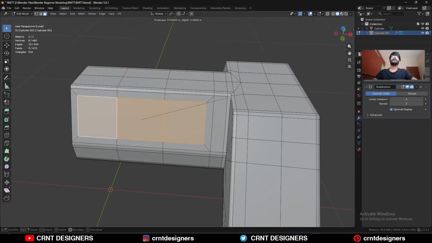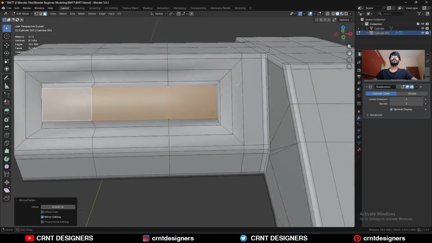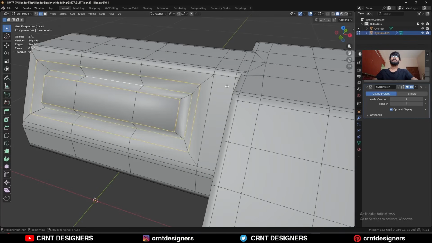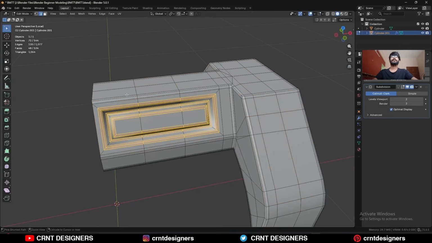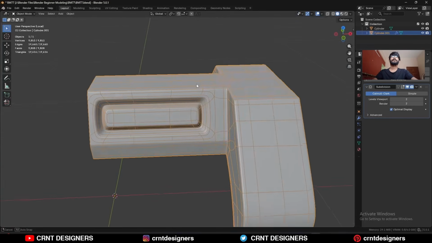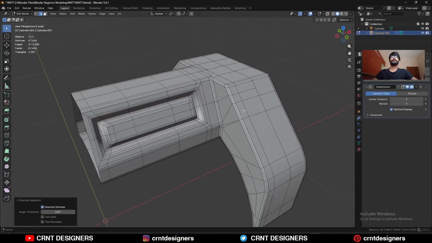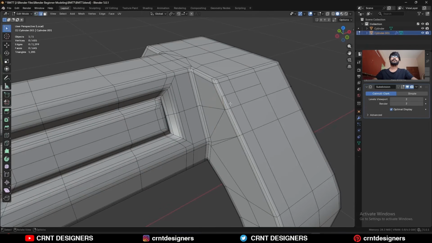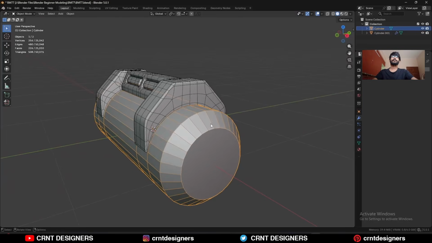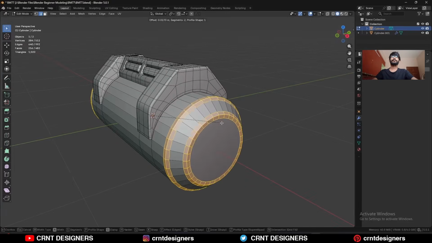Then I'm going to select these faces and I will use the inset operation and Control B, add a bevel on it. And select this vertex, merge at last, and then dissolve this edge. Then select this cylindrical object